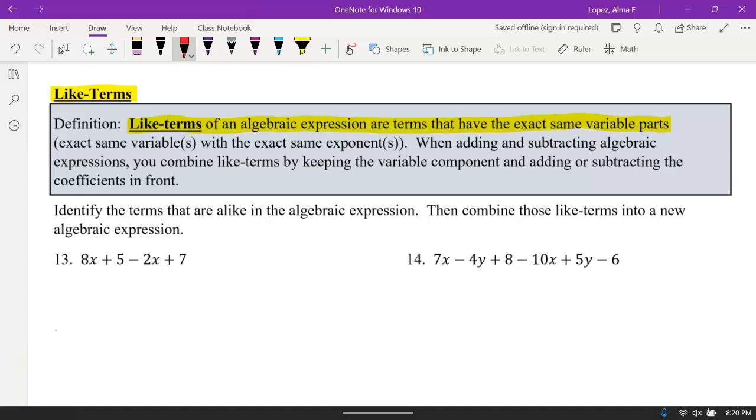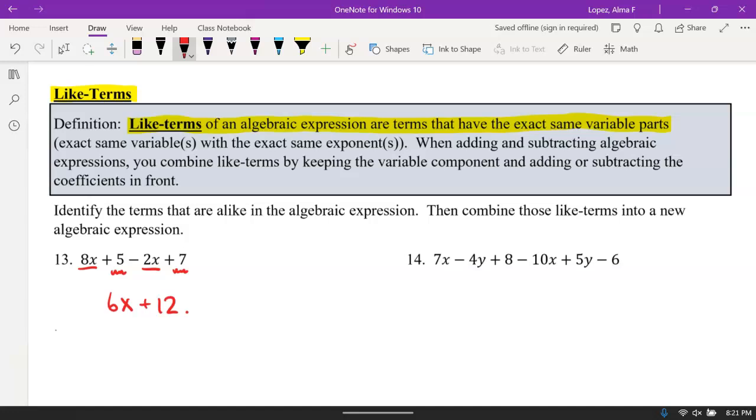Now, when you're combining like terms, again, as I said, it means you're going to combine the x's together, and you're going to combine the constants together, plain numbers. So 8x's minus 2x's is 6x's. A 5 and a 7 that are both positive add up to make 12. That is what it is called, combining like terms. And if you can't tell which ones go first, I just have a rule that I would go left to right. So on number 14 here,